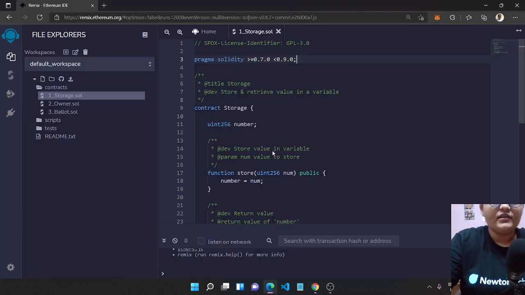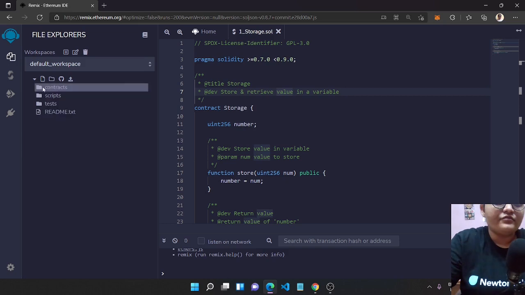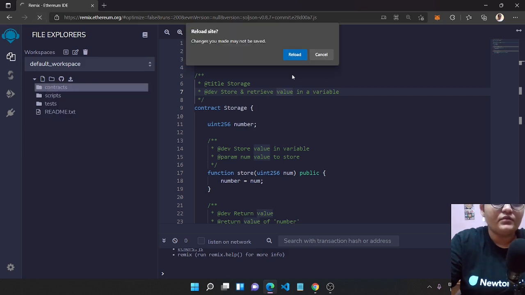Now, for that, this is the Remix IDE provided by Ethereum themselves, and we would be writing our Solidity code in this particular place, on this particular IDE. So, if you want, you can go to remix.ethereum.org. I will be attaching this link in the description, so you could just get this link from there. And then when you will be opening this particular Remix IDE, you will be